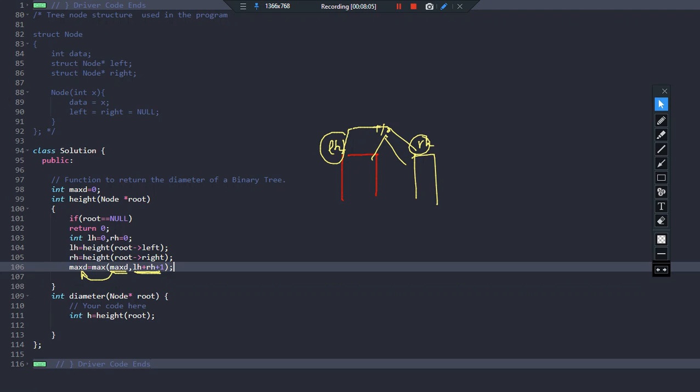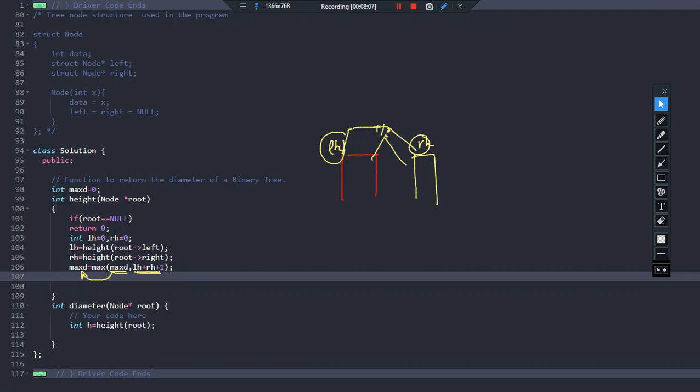And one more thing, remember in the height function what do we return? We return 1 plus the maximum of the left height and right height, isn't it? So the same thing we are doing here. We are going to return that value.